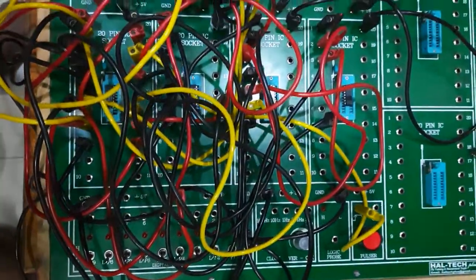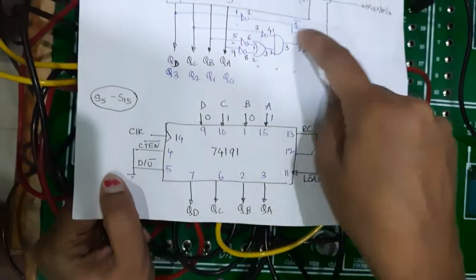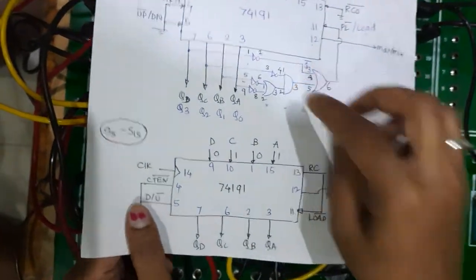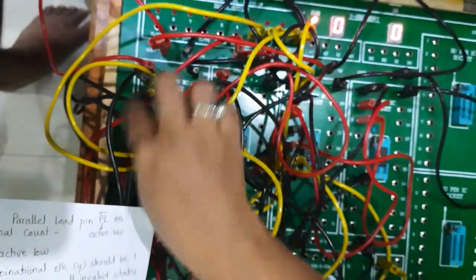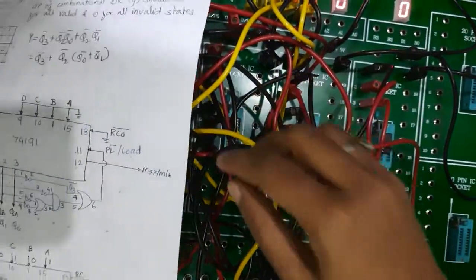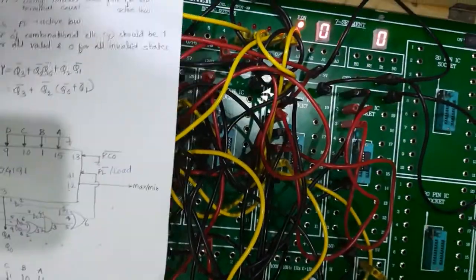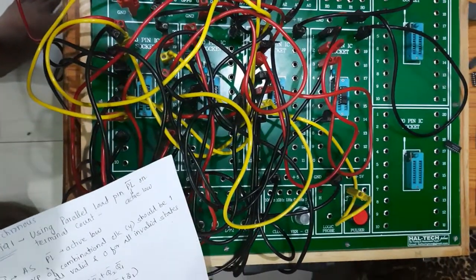We'll see the second part, which is a somewhat easier circuit, because in this I have to get an equation. Based on that, the connections are made with AND, OR and NOT, and the 74191. So this is done. I am not going to explain mod 8 in detail. So this is how mod 8 works, 0 to 7 states. So it starts from the 0th state.